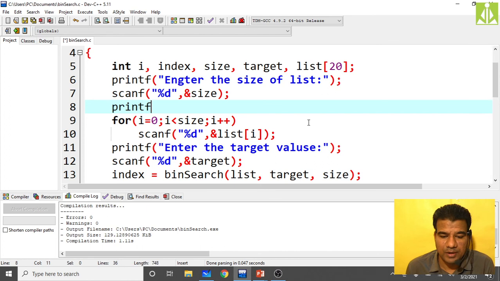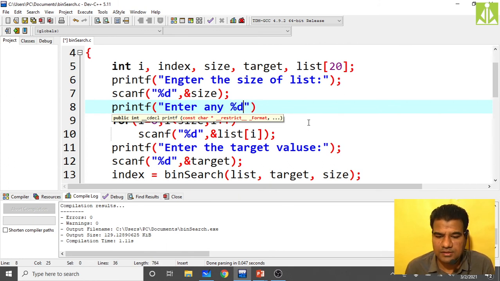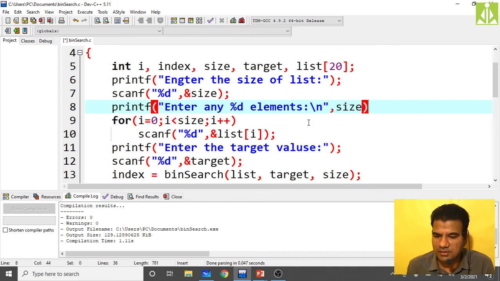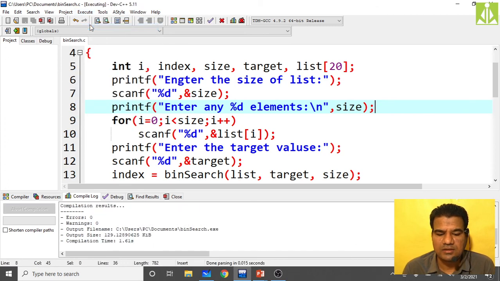Okay, printf "Enter any %d elements\n", and how many elements, equal to the size, isn't it? So this thing I forgot actually. That's the reason it was not giving that message over there. I got confused. So now it is saved, then run.